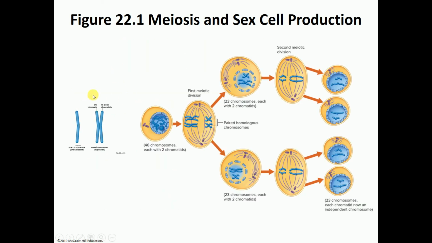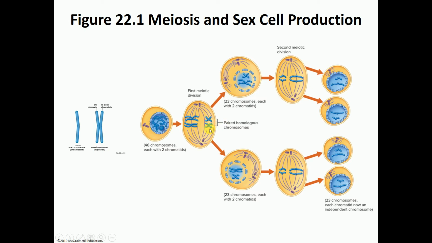So normally our chromosomes are made out of this one chromatid. Before meiosis starts, the DNA would have to replicate so that each chromosome now is made out of two chromatids that are united at the centromere. Now, the first meiotic division is basically going to,